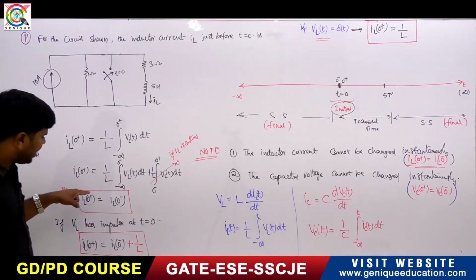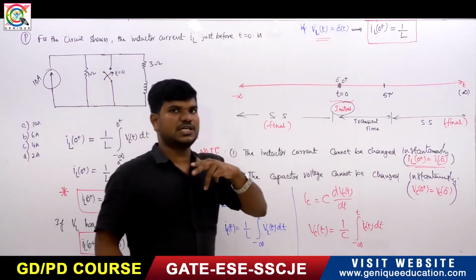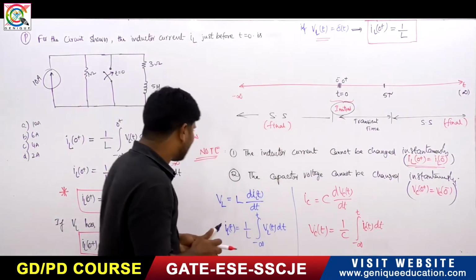Okay, IL of 0 minus is equal to IL of 0 plus. The inductor current just before switching is equal to just after the switching. Similarly,